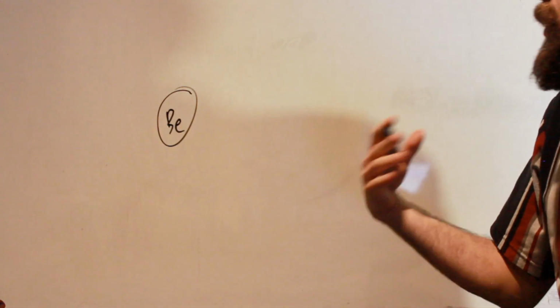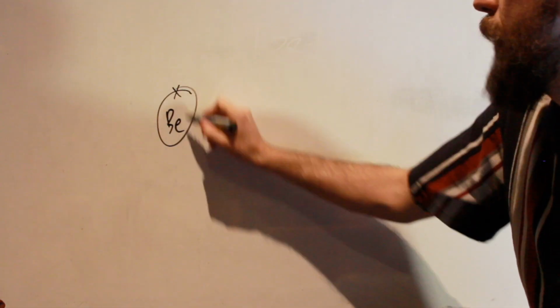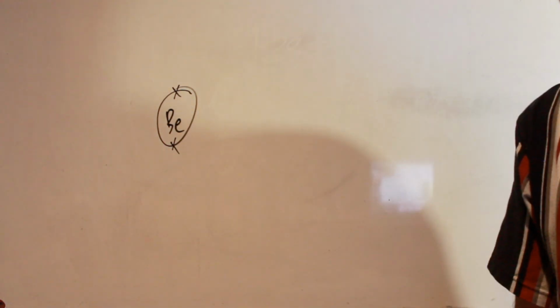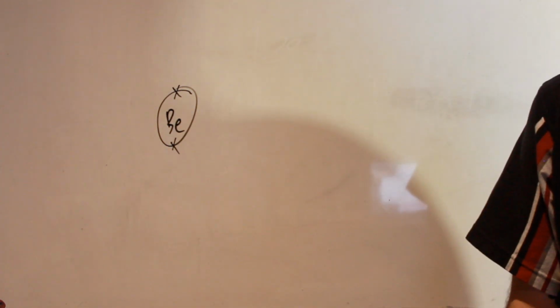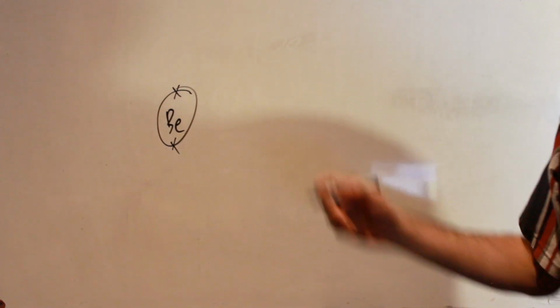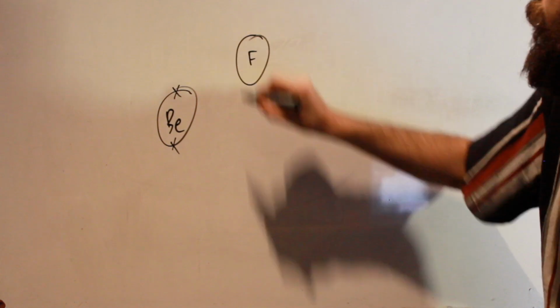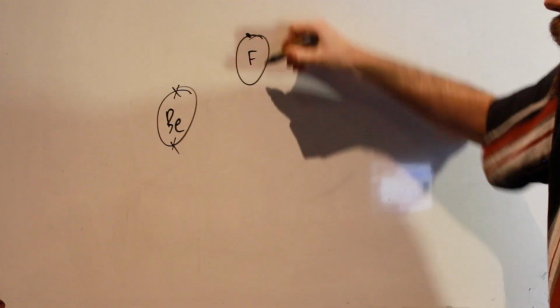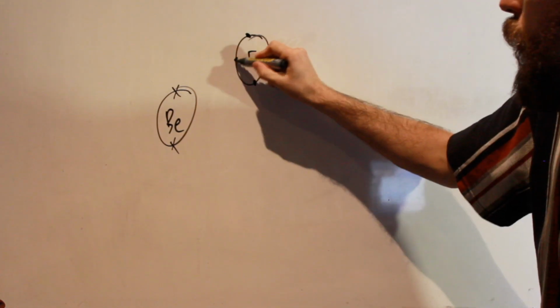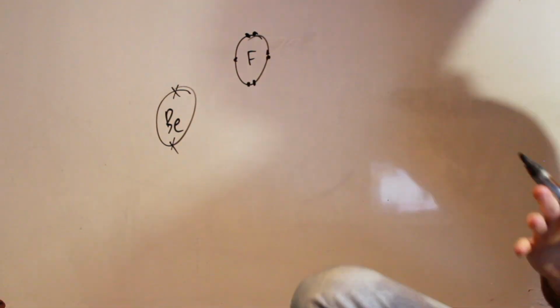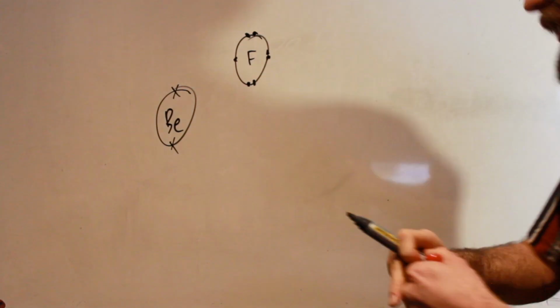Then we want to show the valence electrons. It's in group 2, so it has 2 valence electrons. I'm going to represent these with an X for the beryllium. We're reacting it with fluorine because we're making beryllium fluoride. So fluorine has an F to show it's a fluorine atom. 1, 2, 3, 4, 5, 6, 7 electrons in the valence shell